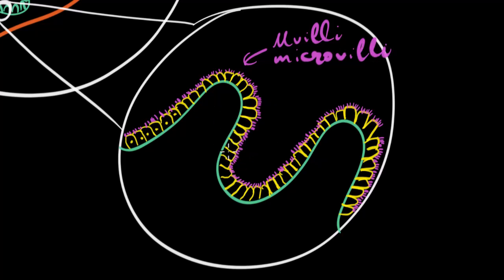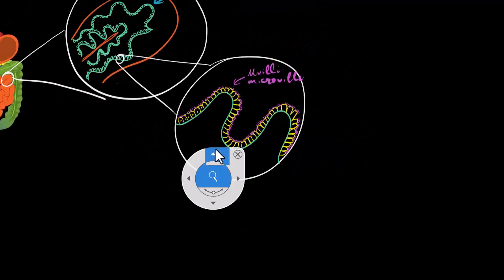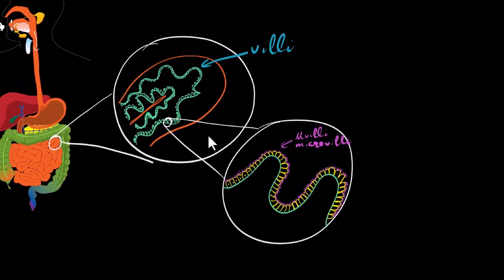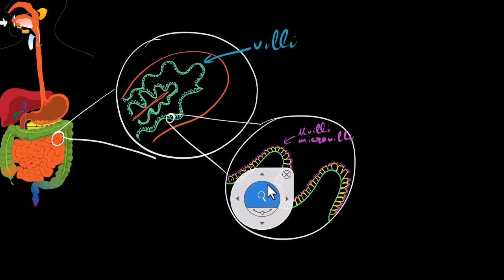What I want you to do is take a close look at the structure and maybe be slightly amazed by it, especially if you're seeing this for the first time, because clearly it seems to be built for a very specific purpose. Even if you don't know what the purpose is, it seems like a very deliberate design, to keep nesting these structures one inside another. One thing this achieves, these folds, and then the villi on top of that, and then the villi being lined by columnar epithelial cells that are lined with microvilli of their own,